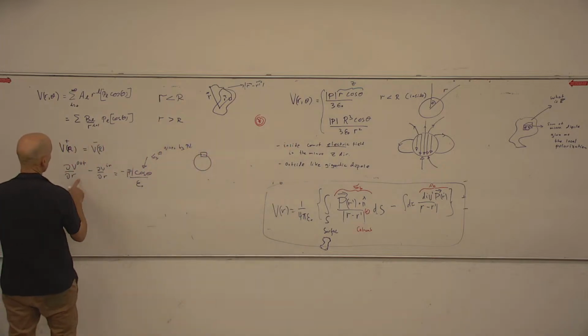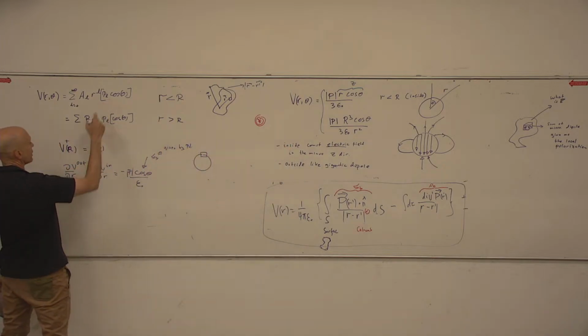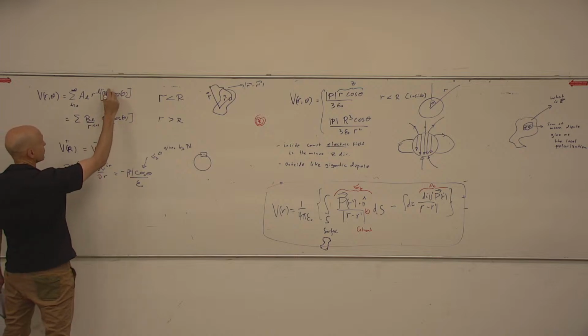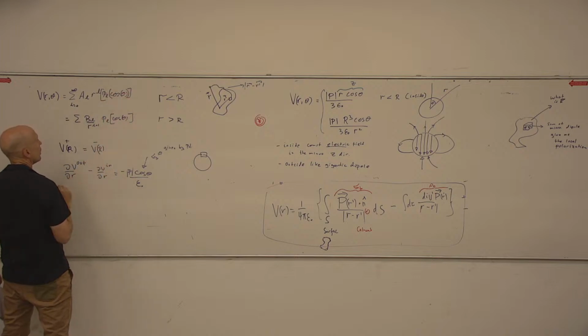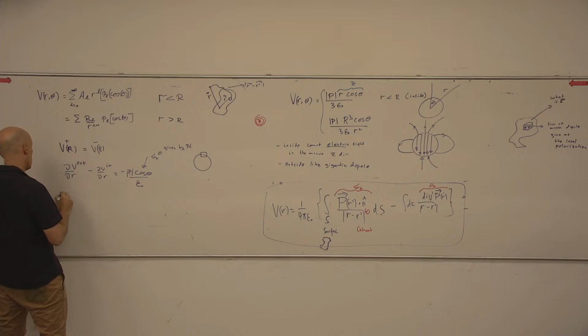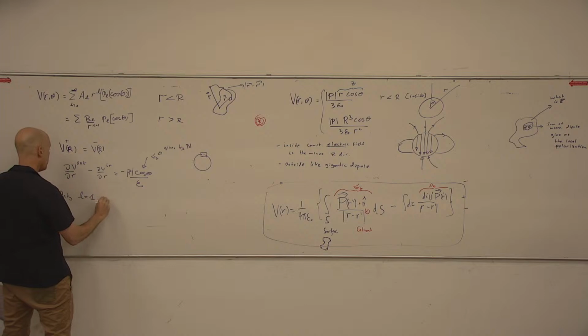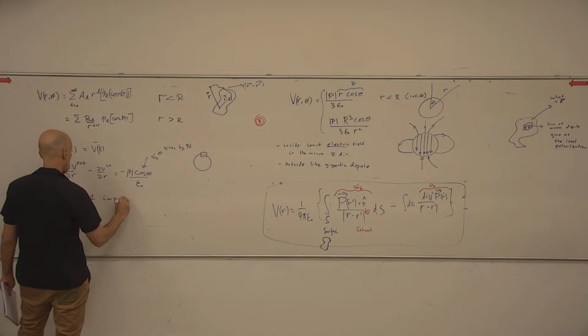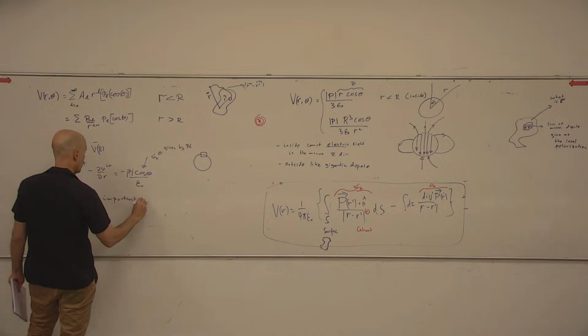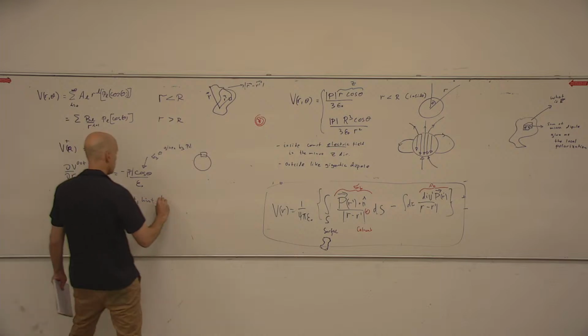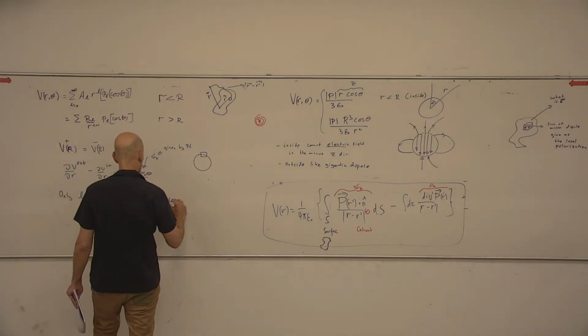This comes from here, because when I plug it in here, only L equals 1 is important. Hint, because P1 cosine theta